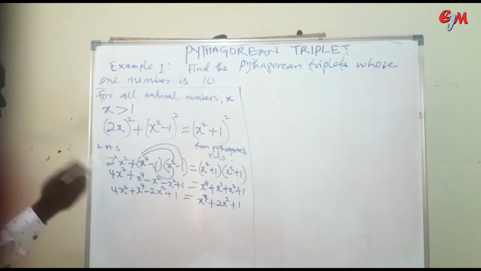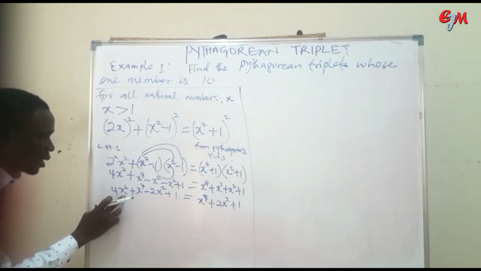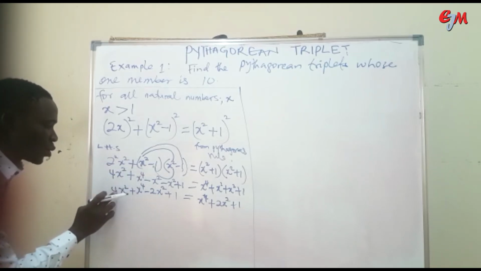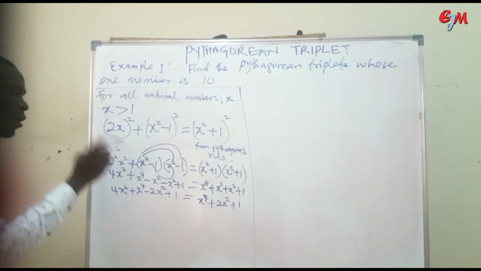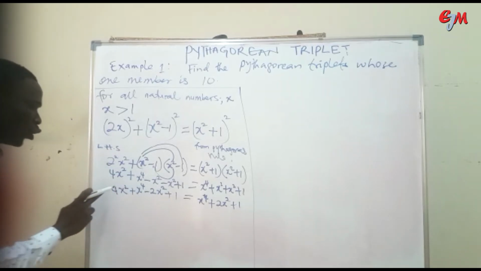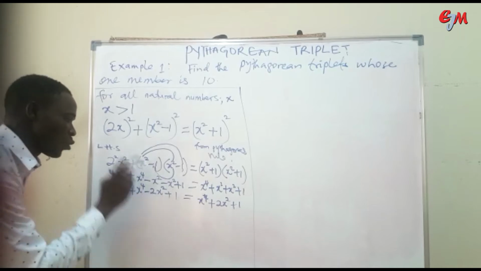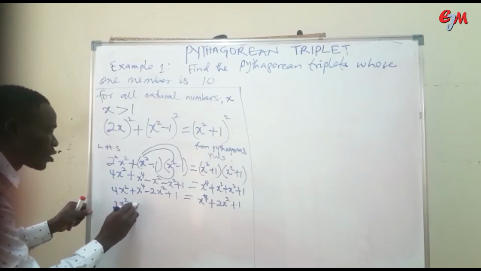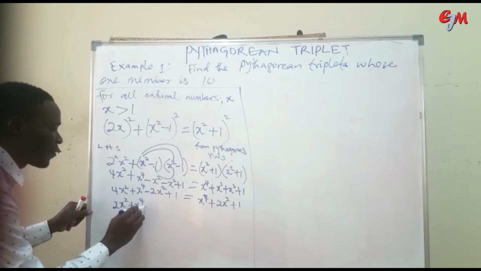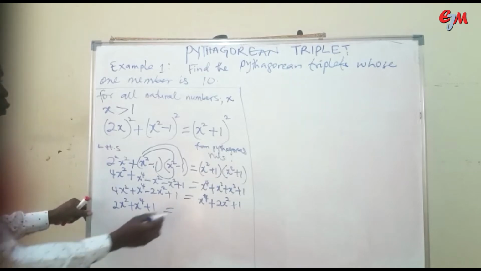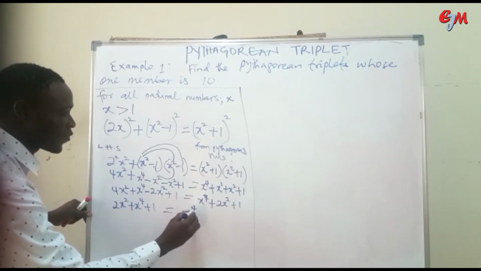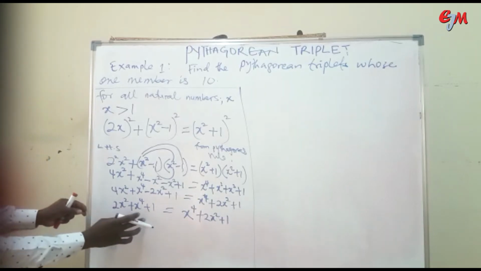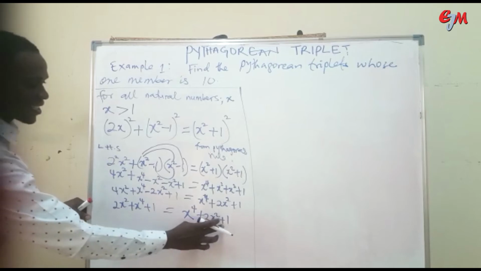Alright, now remember you have 4x squared. This one and this one are like terms. So what we have here now is 4x squared. What we have here now is 2x squared. So from 4x squared, take away 2x squared. What we remain here now is what? 2x squared plus x raised to the power 4 plus 1, all equal to x power 4 plus 2x squared plus 1. Can you now see that your left hand side is the same as